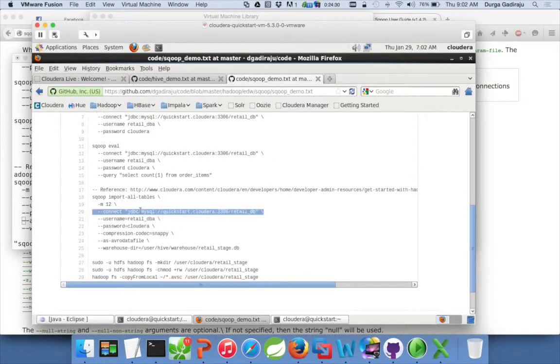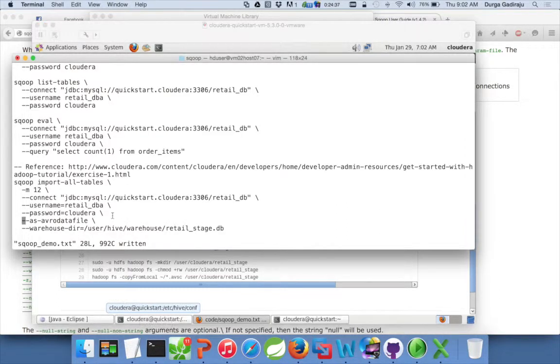So the JDBC connection URL, username and password you already understand, and I don't want to compress, so I will use this instead of the command in the committed version of GitHub. I will commit this so that you will not have that when you actually practice these commands yourself.